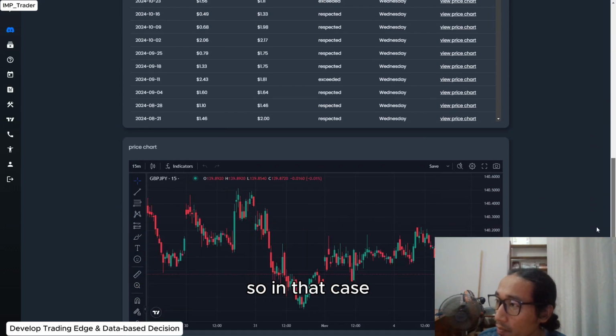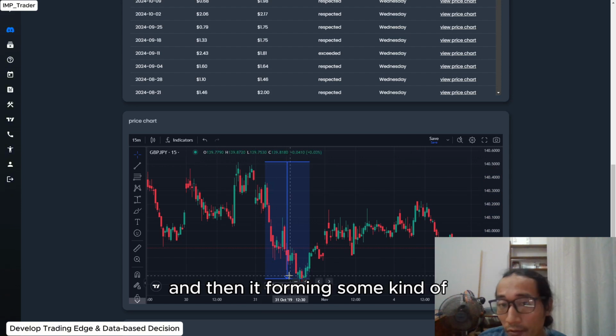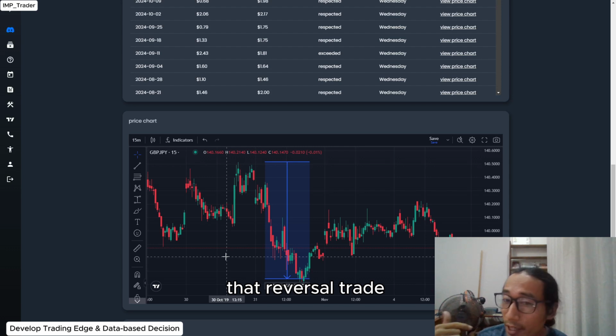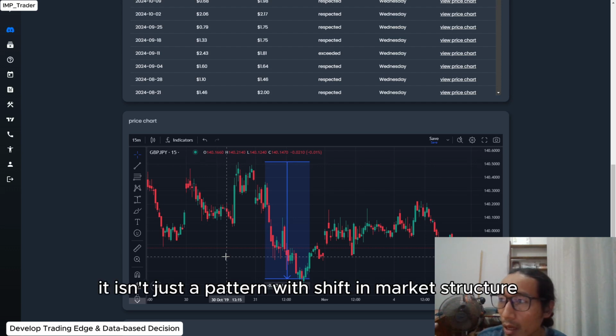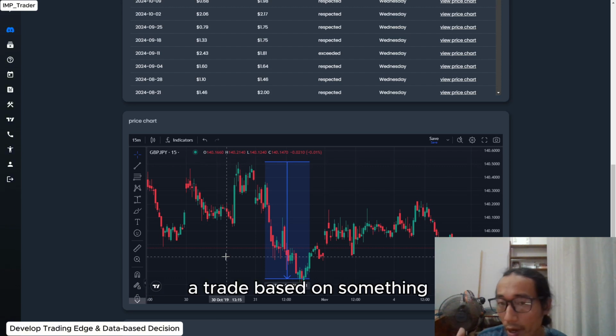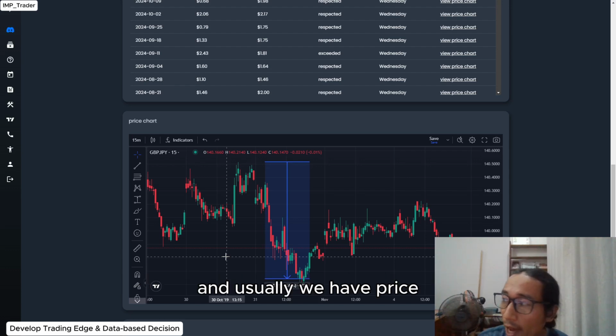So in that case, if we are trading the New York session and price goes down to the bottom of the ATR and then forms some kind of reversal pattern that you refer to trade, at that time that reversal pattern doesn't just have a shift in market structure, or it's not simply a trade based on something, but it actually has a location at the bottom of the ATR itself,